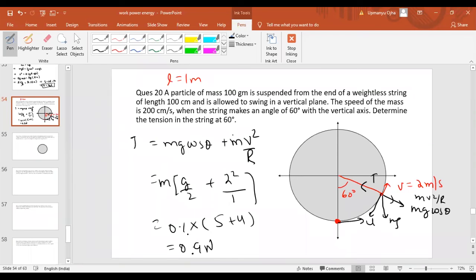So we can do it by either method. In the formula which I have given to you, we should know the value of u, but we don't know the u value. Either you find the u value and then put it in that equation, or simply you balance the forces at this point and get the answer. So the answer would be equal to 0.9 Newton.